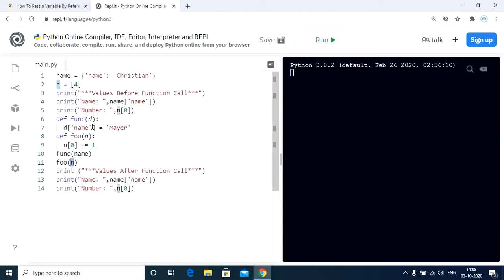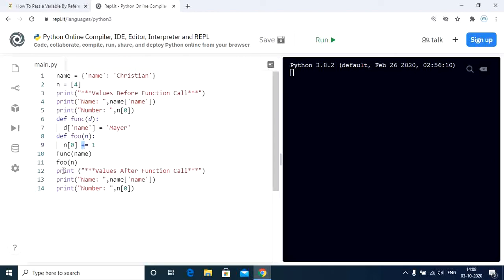The function func gets access to the value of the variable name by using name as a key, and then it changes the value of name from Christian to Mayor. Similarly, the function foo accepts the value of the list, that is 4, and adds 1 to the value. This means that the value of the list is now 5 instead of 4.